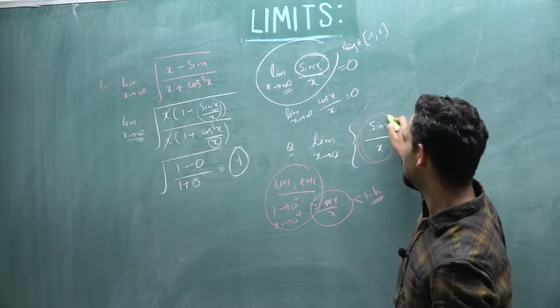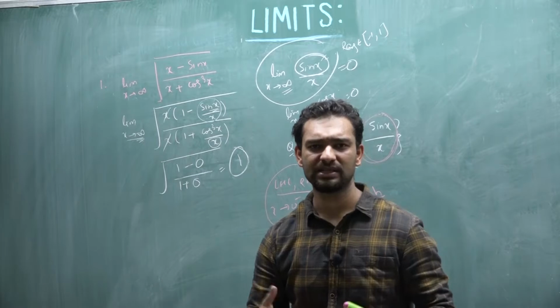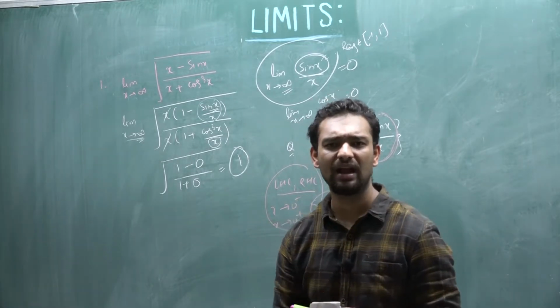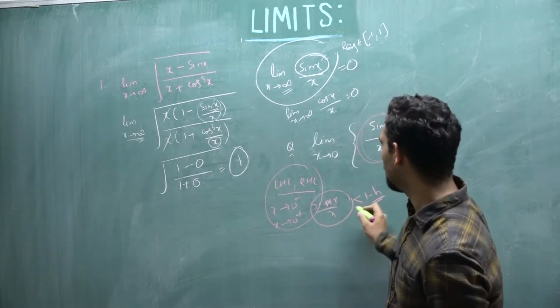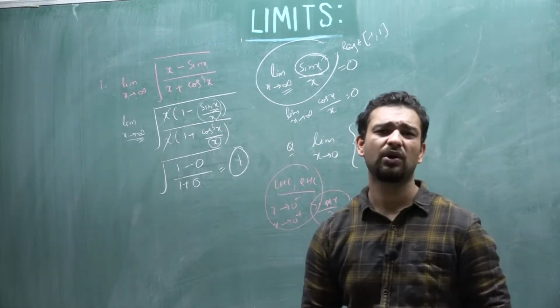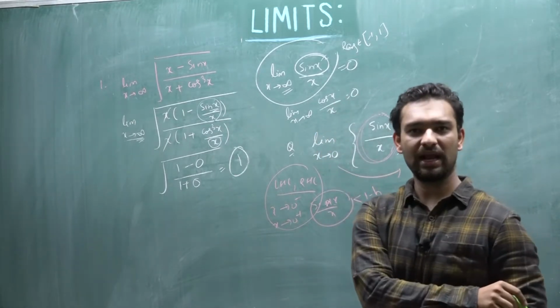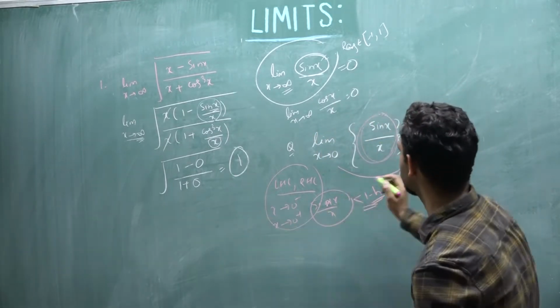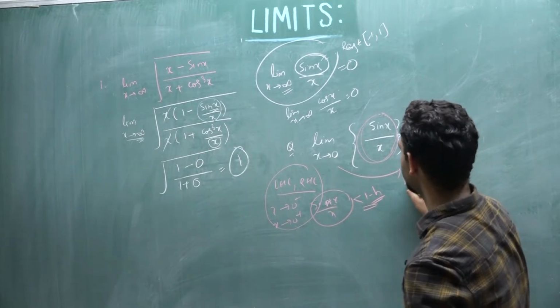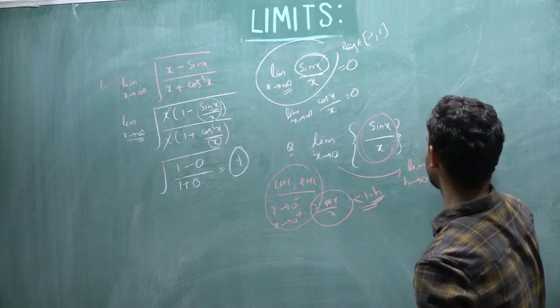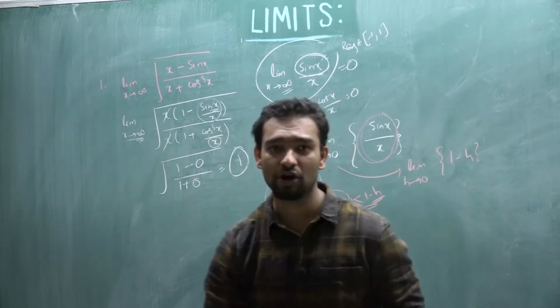The expression which is determining our limit is coming out to be the same in both LHL and RHL. And it is coming out to be what? Somewhat less than 1, or let's say 1 minus h. So I can rewrite this limit as limit h tending to 0, greatest integer of 1 minus h, correct or not?